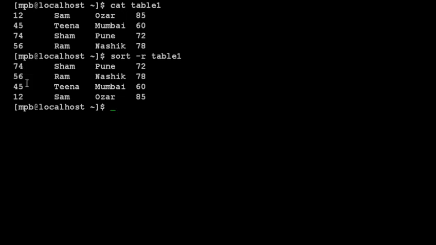The largest value is first and the smallest is at last. So this is another option for the sort command. So up to now we have sorted the file using three options. First is -o, to store the output in an output file, -r to make it reversed, and then -k to sort the file or table according to a specific column, the key column.